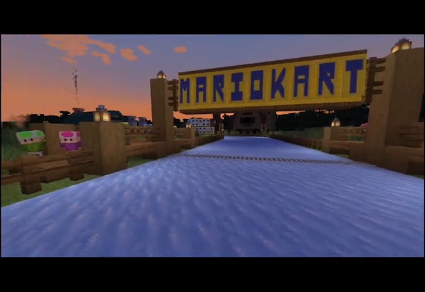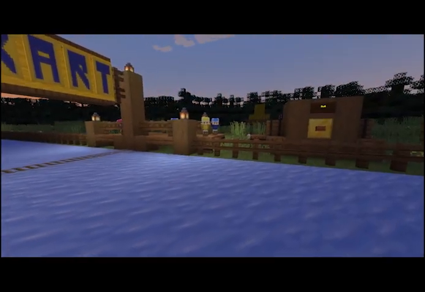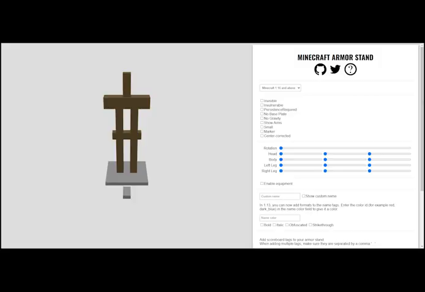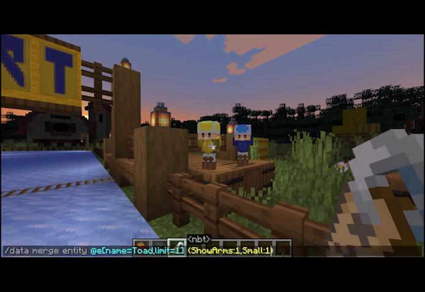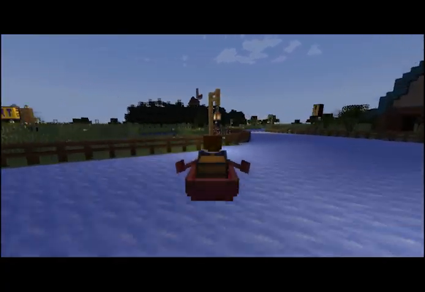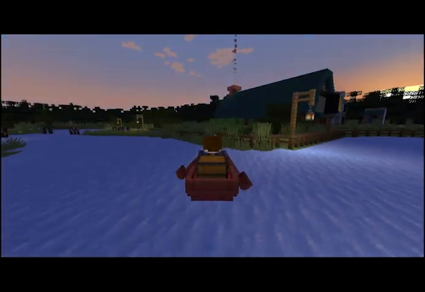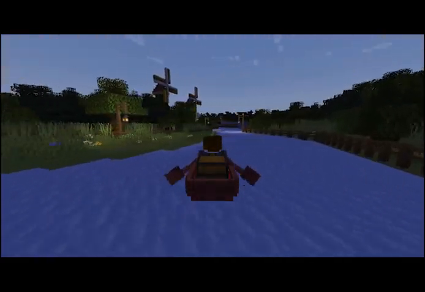Well, I have these actual Toad spectators on the sidelines who are just small armor stands. I use this website to properly pose the stands to my liking instead of going through the tedious process of name tagging the armor stand and using the data command. It's just easier to use the website that I will also link in the description. And just like Luigi Circuit, I have not much else to say about this track. So let's just keep the ball rolling and move on to...